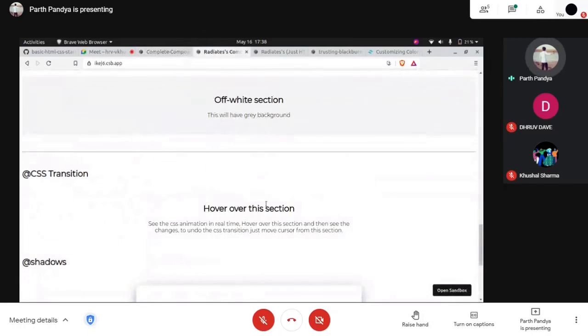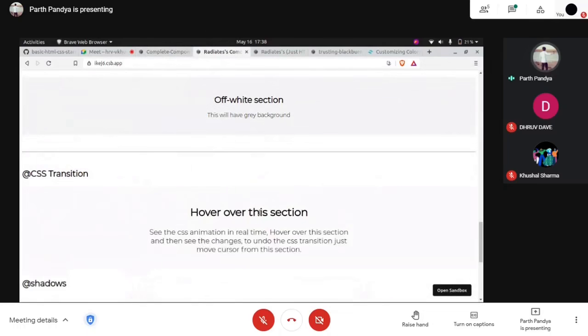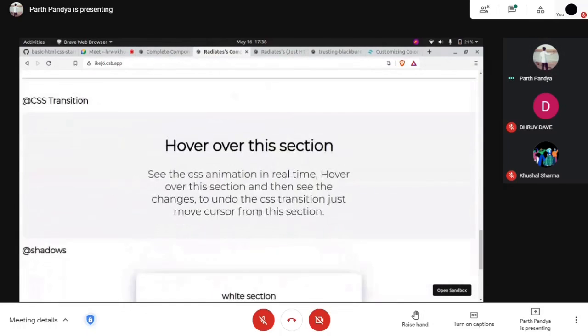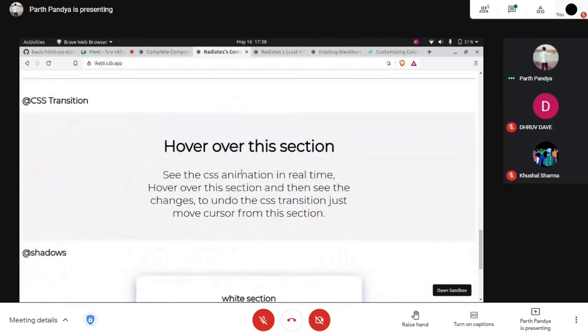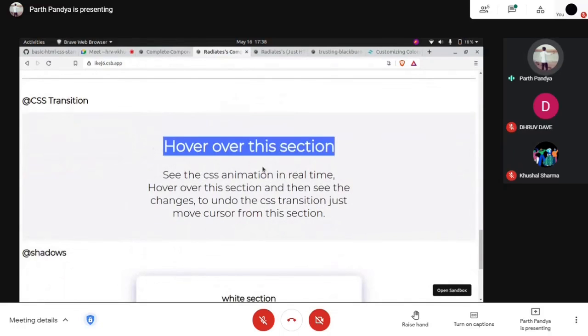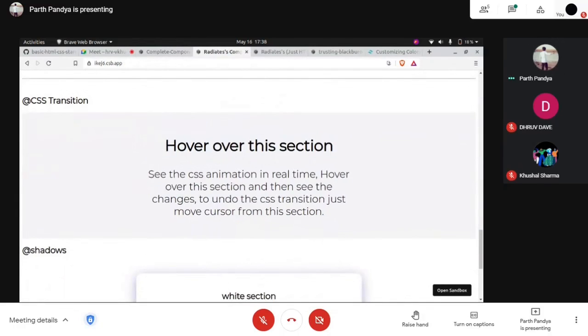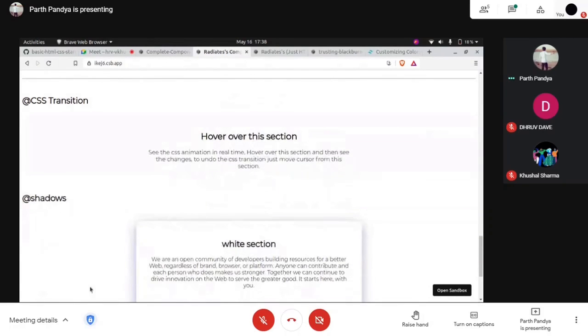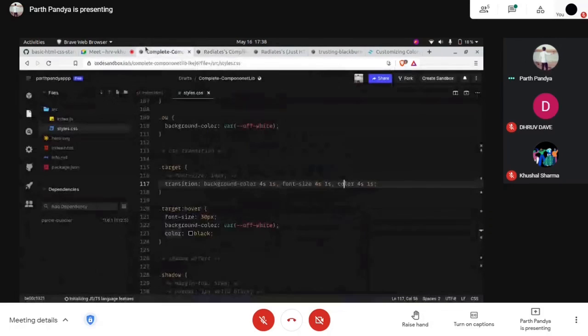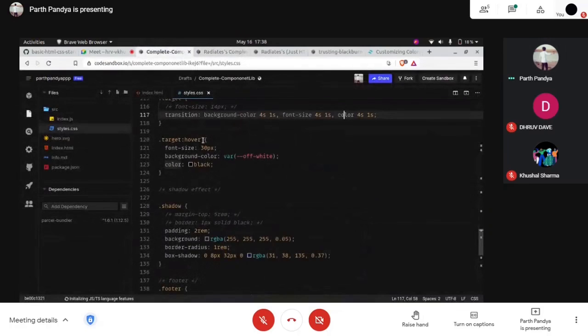Now whenever you hover on that, see, it is getting to its maximum font size. When we hover back, we get that transition redone. So when we hover, the font size should be 30px, the background should be off-white, and this particular color should be black. Good.